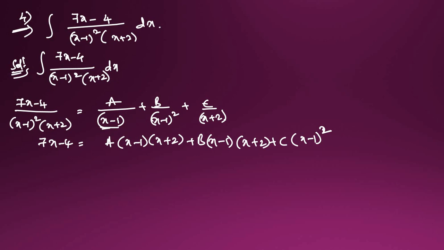So first we substitute x equals 1. It will become 7 into 1 minus 4 equals A into 0, so A term is 0, plus this is also 0, means B also 0, plus,